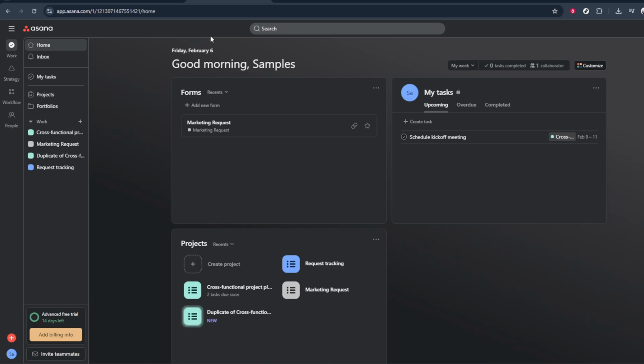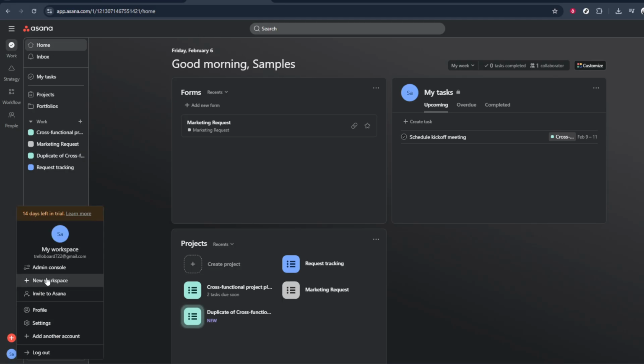From that menu, look for the option labeled Admin Console. This option will only appear if you have the necessary admin permissions in your Asana organization. If you don't see it, you may need to ask an existing admin to make these changes for you. Click on Admin Console, and Asana will take you to a dedicated area where you can manage users, billing, security,